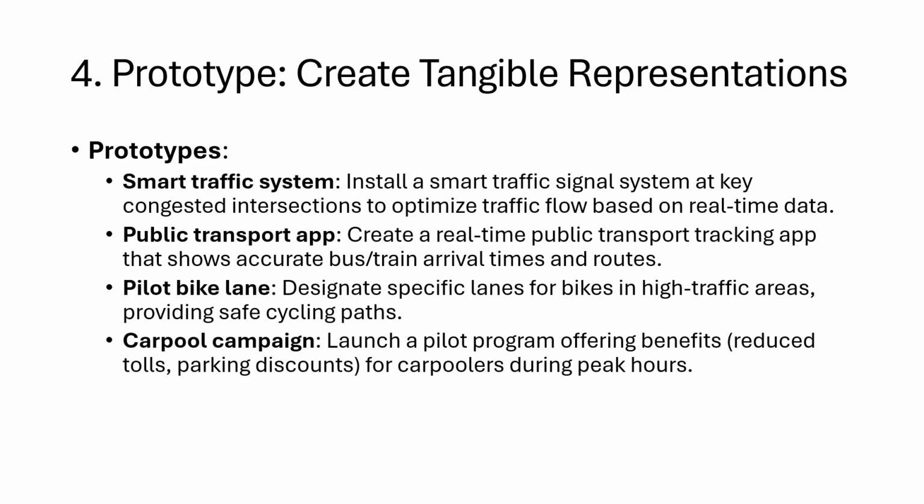Smart traffic systems can be installed at appropriate places. We can build and reveal a public transport app with real-time public transport tracking facilities and accurate updates about the arrival times and the routes. And we can also build bike lanes or repair the bike lanes, and it can be piloted. We can make it very nice for the bikers to use the biking lane with their cycles, and walking lanes are also to be presented nicely so that the people who want to use